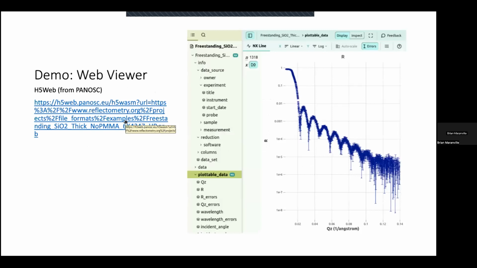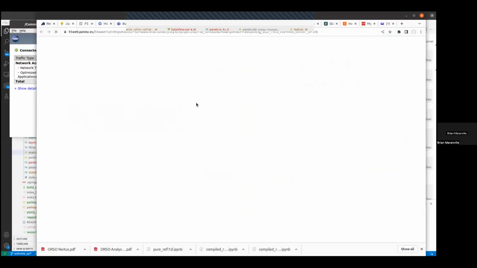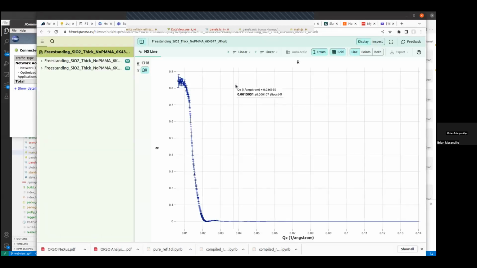And then an immediate benefit of writing out these things into this NeXus structure is that there are free tools for visualizing NeXus files. There's NextPy, and then there's also the Panos tool, H5 Web, that lets you read them directly just from a browser without installing any software. And if your data is publicly accessible, like these test data sets have been posted online with a URL, you can visualize them directly in the viewer there. So this is the